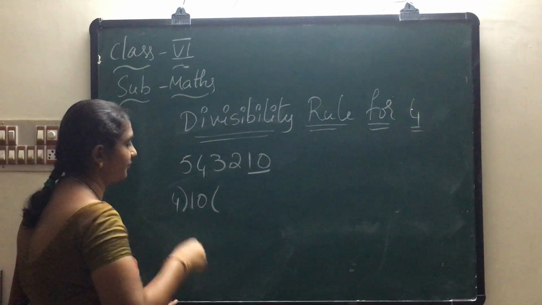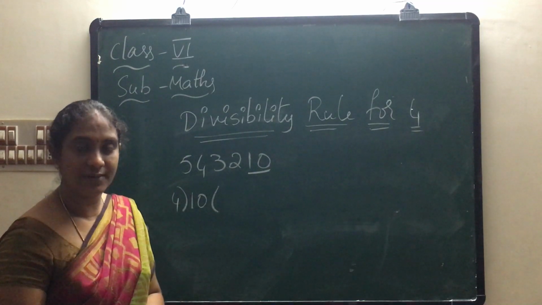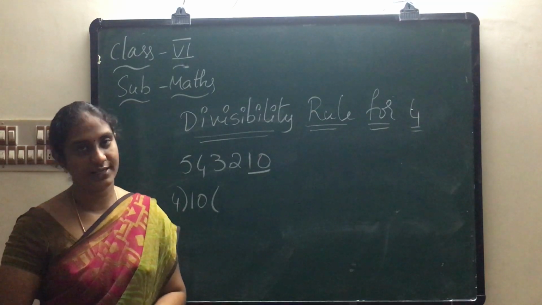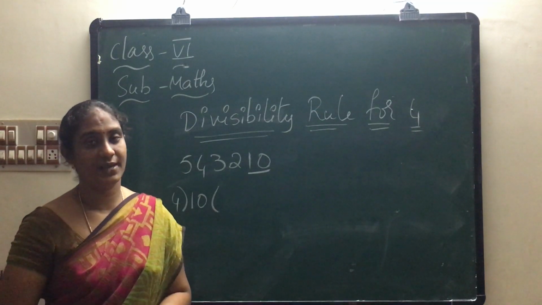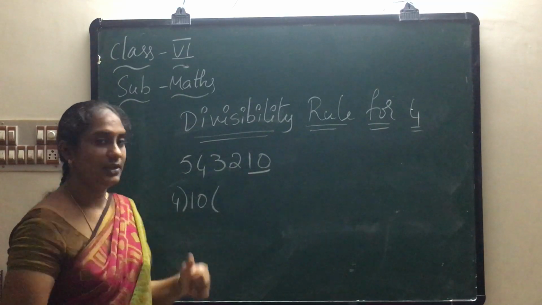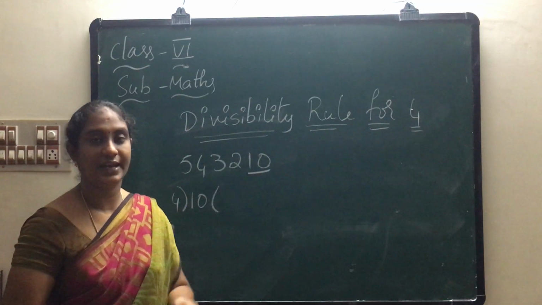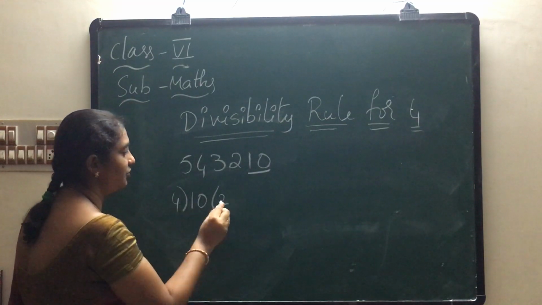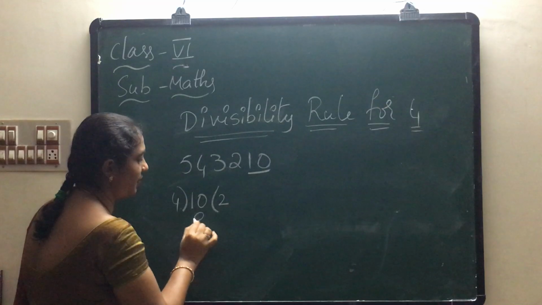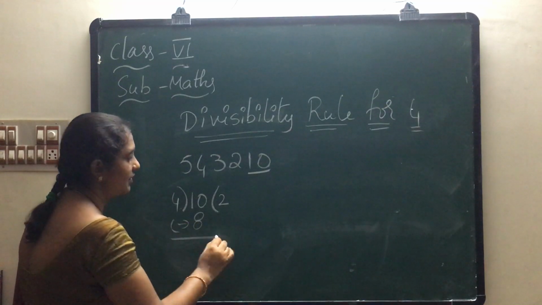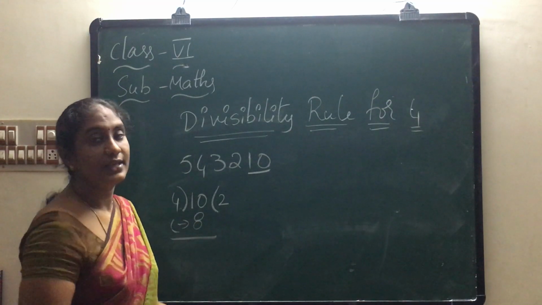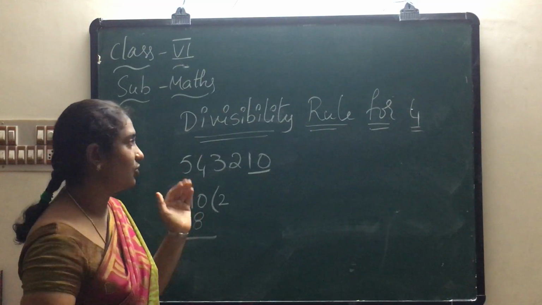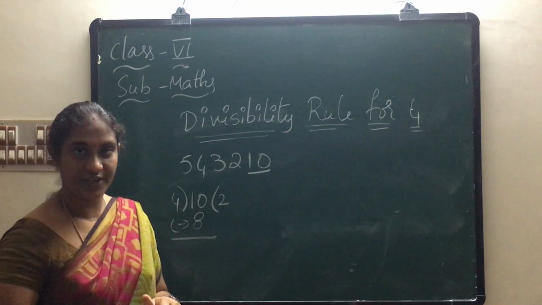Okay children? In the 4 table, how many times does 4 go into 10? 4 ones are 4. 4 twos are 8. 4 threes are 12. 12 is more than 10, so we take 8. We got it 2 times. In the 4 table, 4 twos are 8, and we subtract. Why do we put a minus here? Repeated subtraction is known as division. Okay children, do you understand?